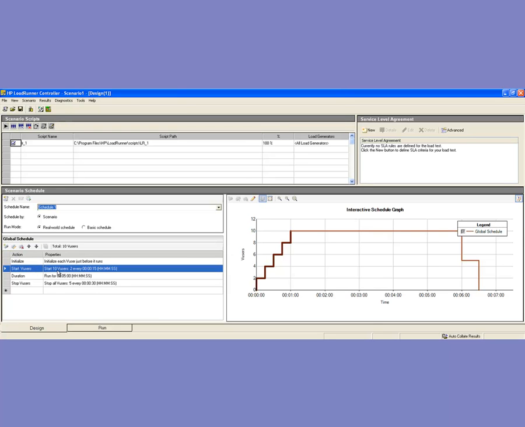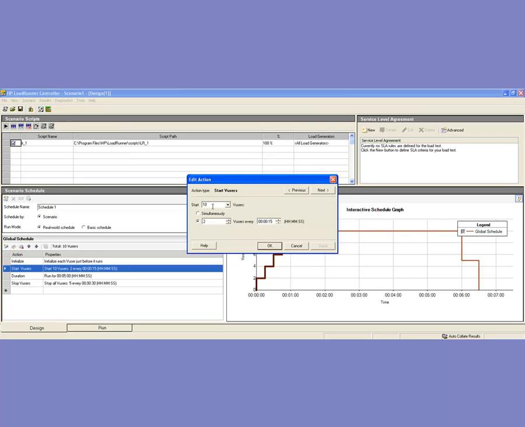Then there is the start vusers part. If I'm starting vusers, I want to start with like 10 vusers, right? And if I go 100, I could go 100 or 1000, right? So I'll be starting with 1000 vusers, and with 1000 vusers, we want to make sure that